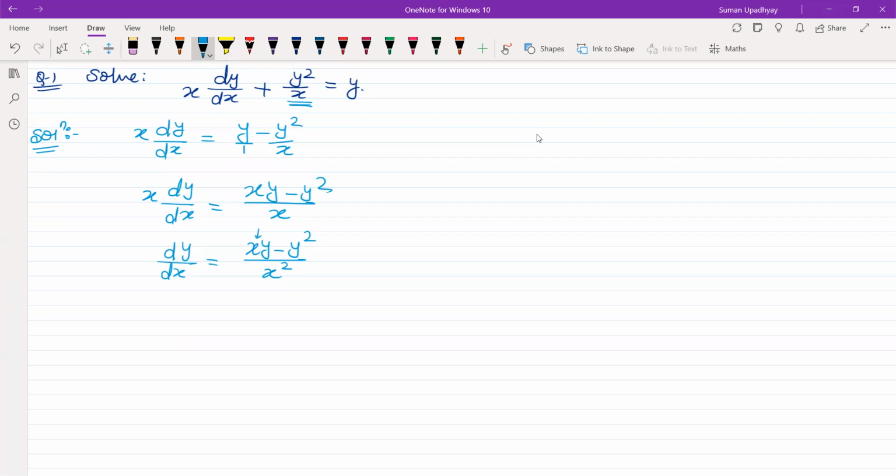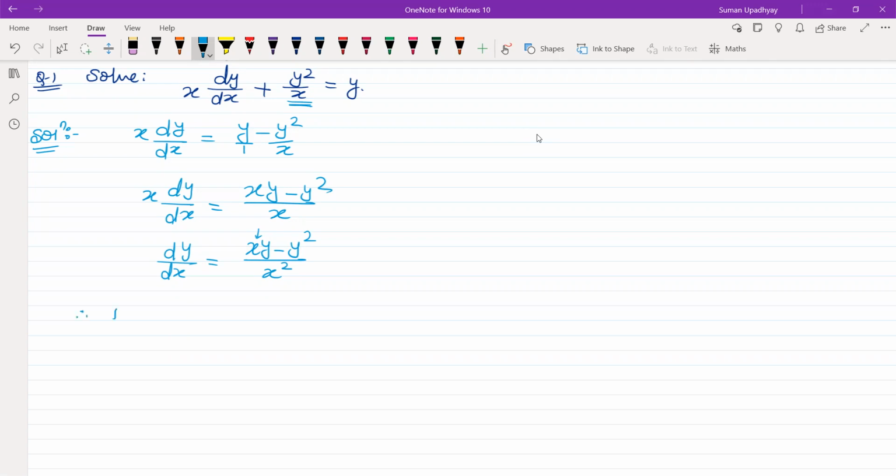Now x squared y and x y. How is it power 2? Together, x squared y and x y, so what is the total power? It is 2. The second term is also of power 2. So the numerator terms are of the same power, and the denominator is also of the same power.